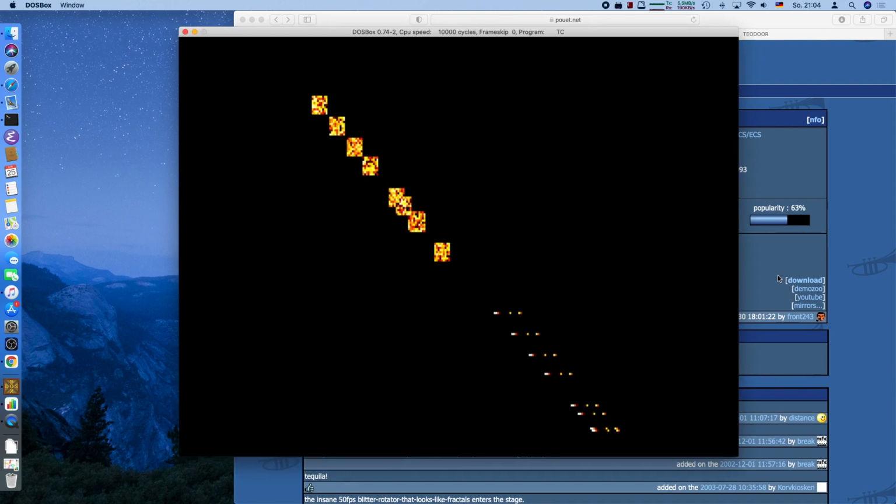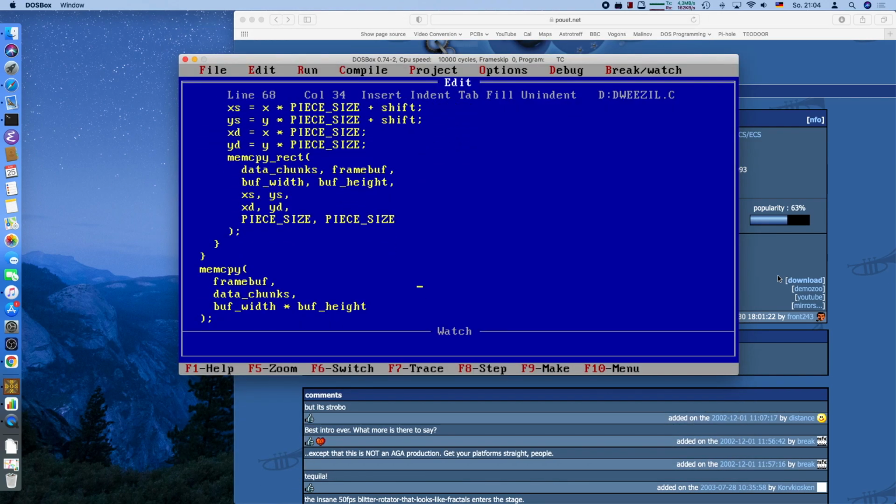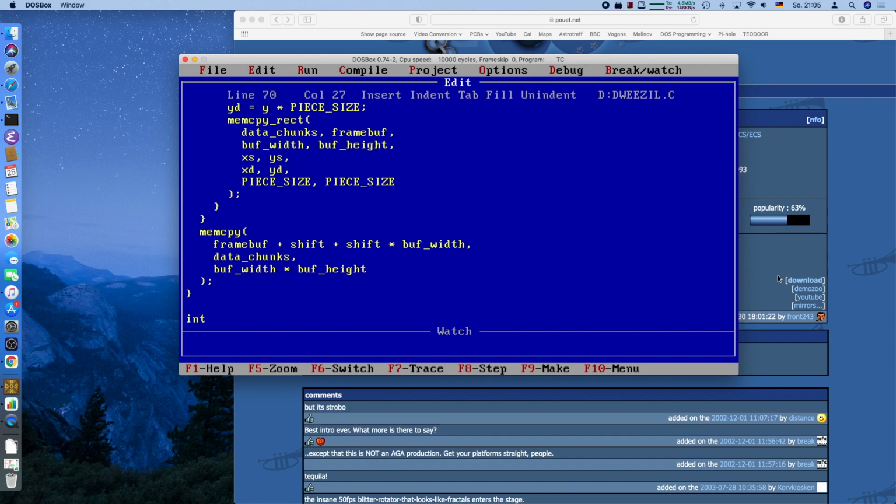This will look slightly weird and it will go off into the distance here. So we have to actually apply that to the target copy as well by applying this to the x and y coordinate, which just means the x-coordinate is plus shift and the y-coordinate is plus shift times buffer width. And to be honest, we probably should subtract the whole stuff here from the number of bytes that we copy, just not to run out of the